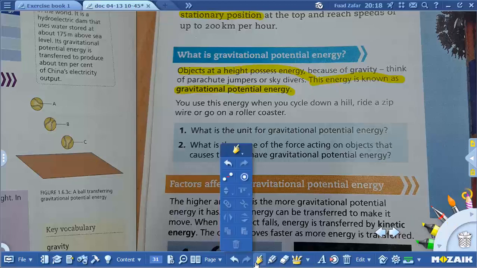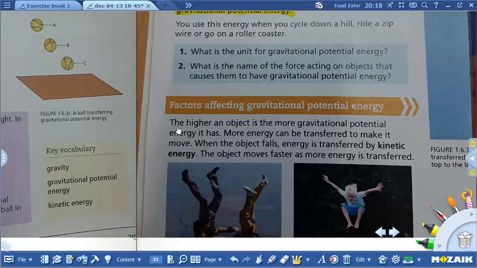Okay, let's move. Factors affecting gravitational potential energy. The higher an object is, the more gravitational potential energy it has, because gravitational potential energy depends on the height. The higher you are, the more gravitational potential energy you will have. More energy can be transferred to make it move. When the object falls, energy is transferred by